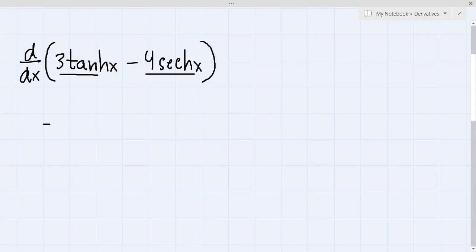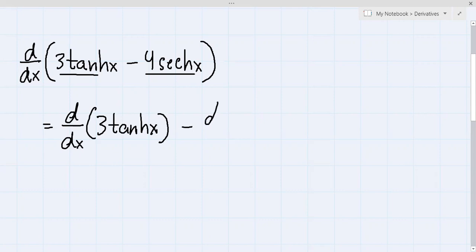Hence, we will have the derivative of 3 times tangent hx minus the derivative of 4